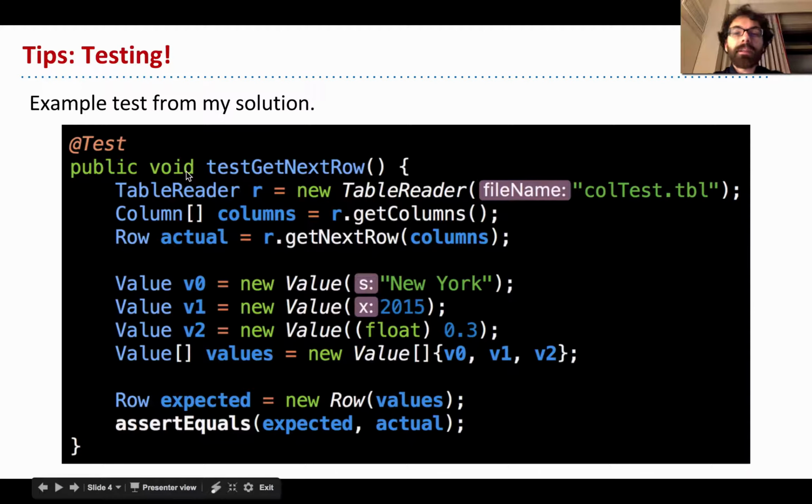So I have a class called Table Reader that's supposed to read tables. That's an example of a class I built. The idea there is it has a bunch of private methods. It has a getColumns method, which gets columns, which is some class I have, and a getNextRow method. So in this case, what my test looks like is I read in the file that I made up that's just grabbed from the spec, and then I create manually a bunch of values, whatever those are, and it's some